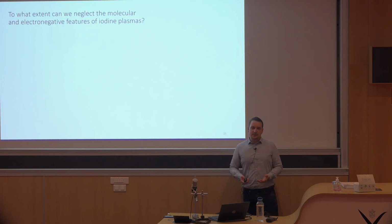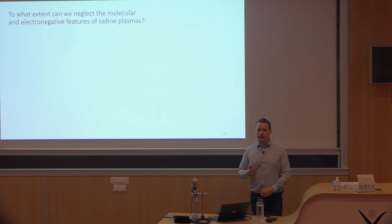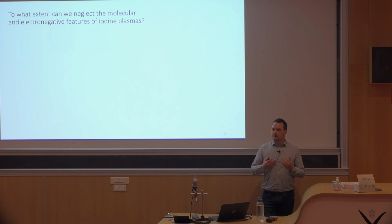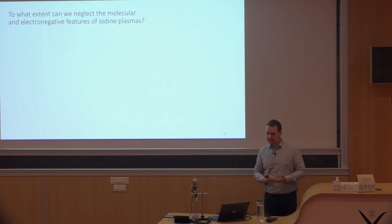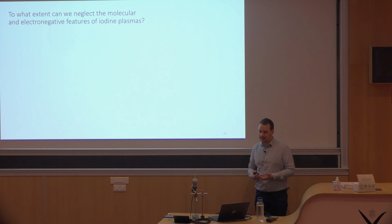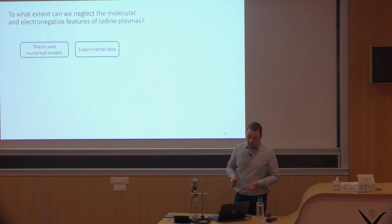So we will study these iodine plasmas. And if I need to find a line for my presentation today, I can remind you that people are using iodine now despite its electronegativity, hoping that it will act as much as possible like a xenon plasma. So the question I choose to ask is: to what extent can we really neglect the molecular and electronegative features of iodine plasmas? To answer this question, I have two tools at my disposal: the theory and the numerical models, in my case in one single block,